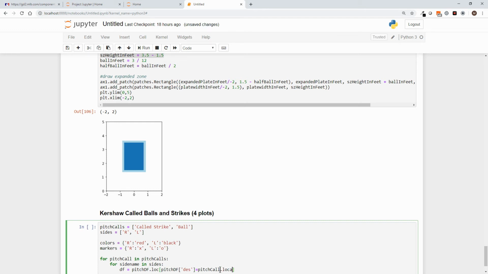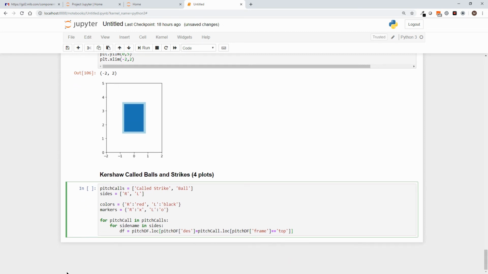and we're going to take a slice of that as well, and that's going to be the loc where pitch DF sub frame equals top. Now the reason we're doing that, if you remember, we've got a top and bottom frame, and we only want to see Kershaw's pitches. So we're going to pick the top frame out, and